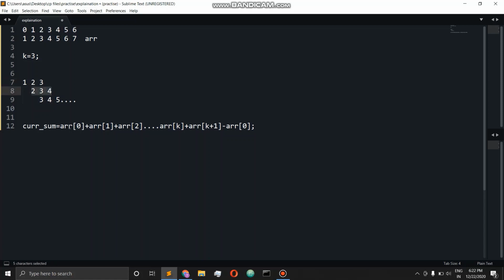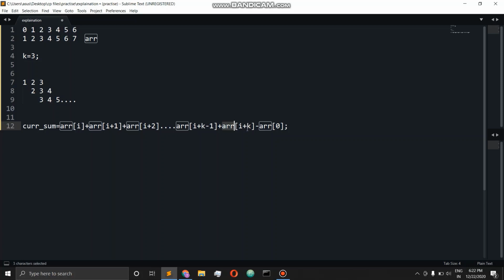So this is only for the beginning case, when I is 0, like in the brute force, the window is starting from 0. If it is starting from some I, so this is I, I plus 1, I plus 2 up till I plus k, actually this will be k minus 1.